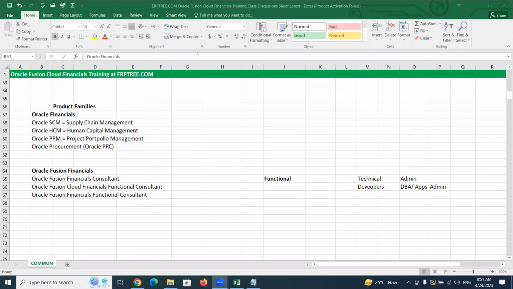Say you are from an EBS background, you can just listen to these classes and practice one or two times, and you can connect. But if you are not from an EBS background, or you may be a fresher, or from a technical background, or from some other ERP or technology, you have to work as a fresher. You have to attend these classes.